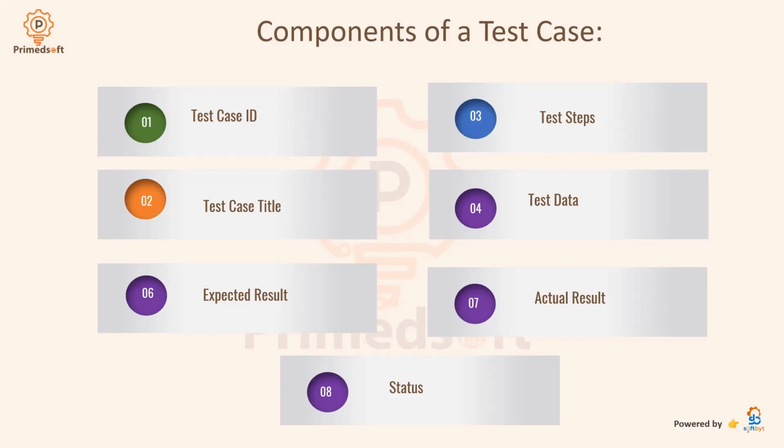That is another title. So the title you are giving it is based on the scenario or the functionality being tested, right? So another one we have on our list is test step. A test step is a detailed set of instructions or action that the tester needs to perform to execute the test. Like I said before, giving a navigator URL is a set of action that I need to take,